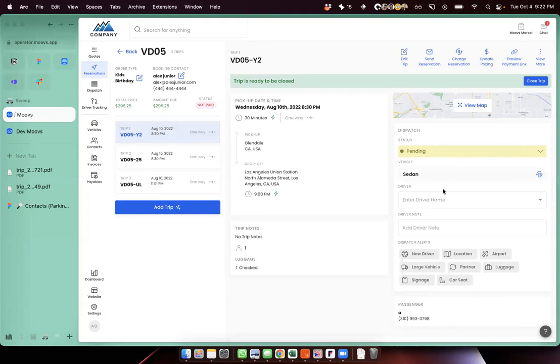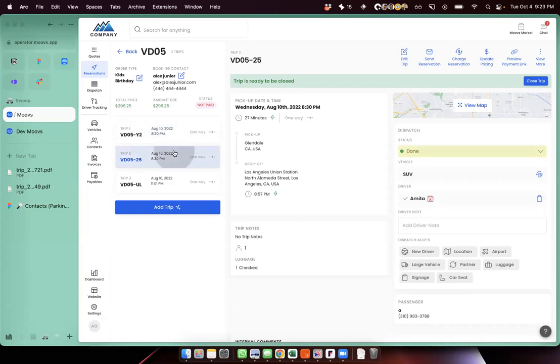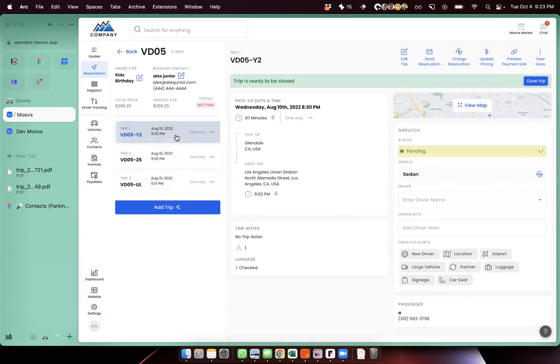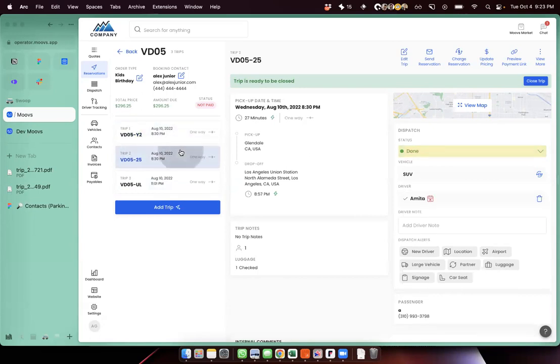So you can't tell one driver to go somewhere else or pick up at a different time. They're going to have to follow the exact same itinerary. That's less of an occurrence, and that's why we built this specifically this way. This is going to be 2 trips, but 2 different vehicles with 2 different drivers.